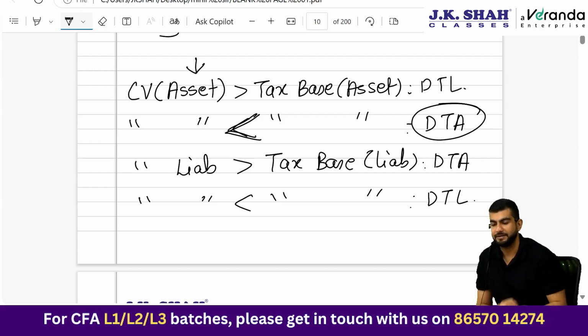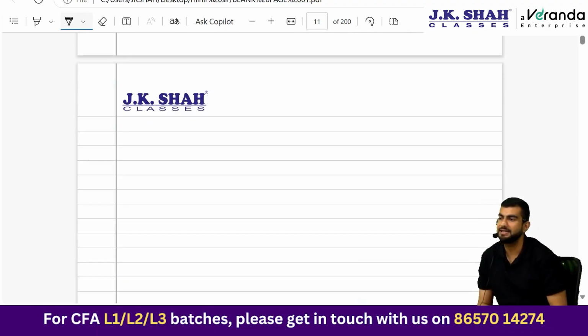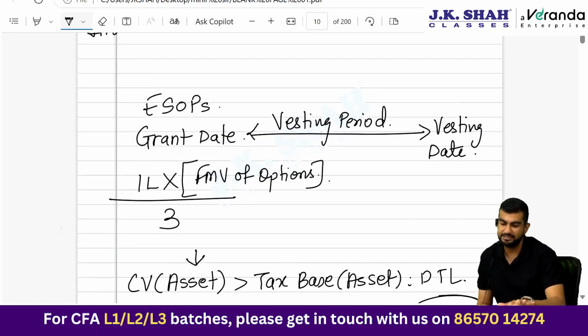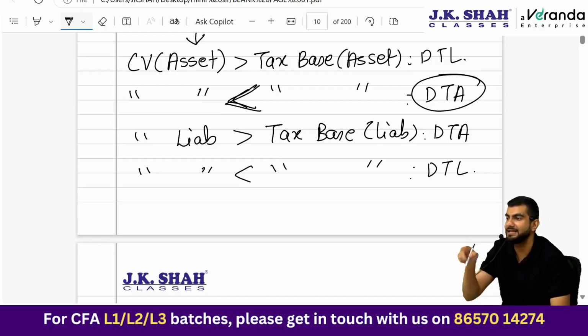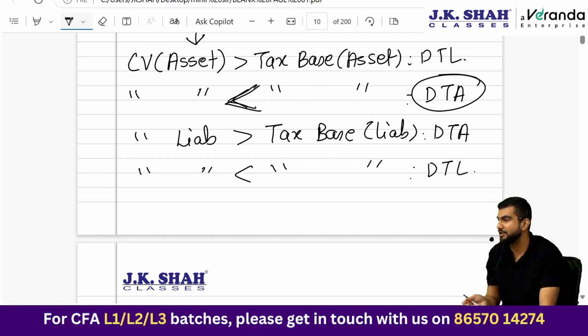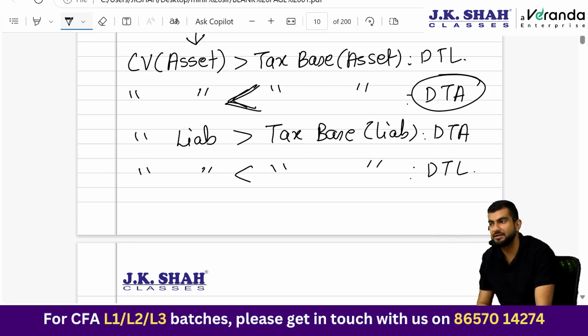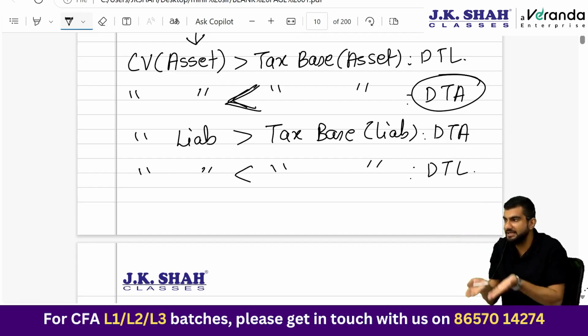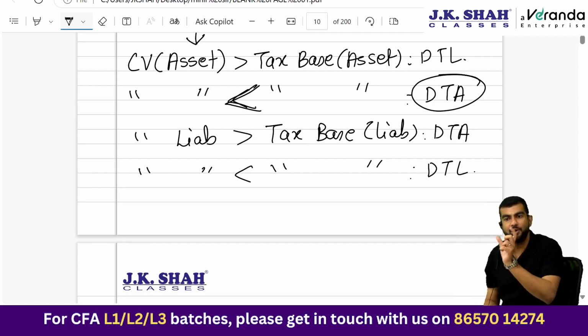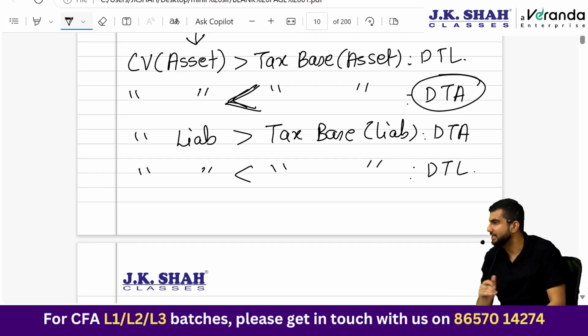Clear? Okay, fine. Now, whenever you calculate the DTA DTL balance, how is it calculated? So for example, carrying value of asset exceeds the tax base. So whatever is the difference multiplied by the tax rate results in DTL. The point is, will you use the current tax rate or future effective tax rate? Future effective tax rate. I had explained the logic because these balances are going to be utilized in the future at the applicable taxes at that point of time. If you have a DTA or a DTL balance and if the future tax rate increases, the DTA DTL balance will increase. If future tax rates reduce, the DTA or DTL balance will reduce.